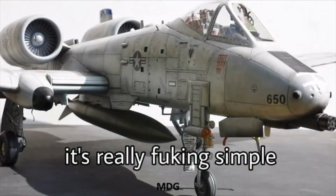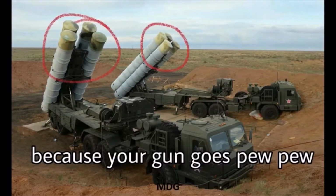It's really simple. I wouldn't recommend shooting at me because your gun goes pew pew, but my gun goes...